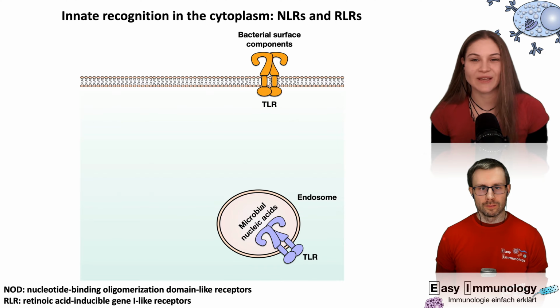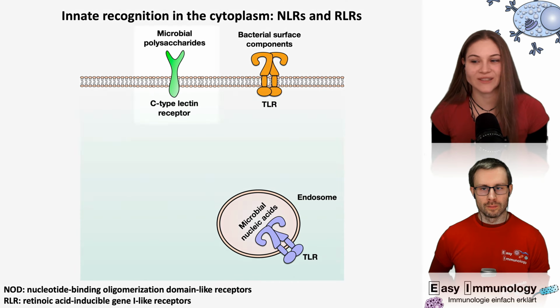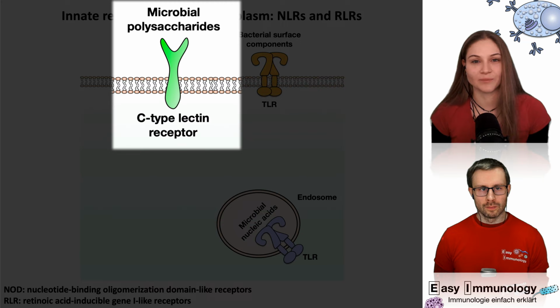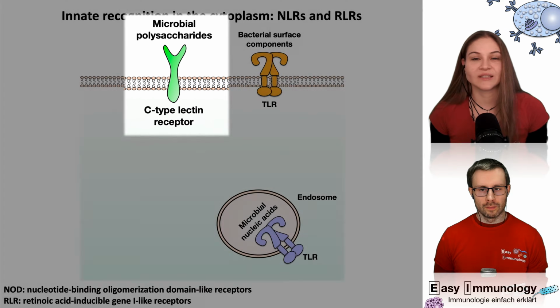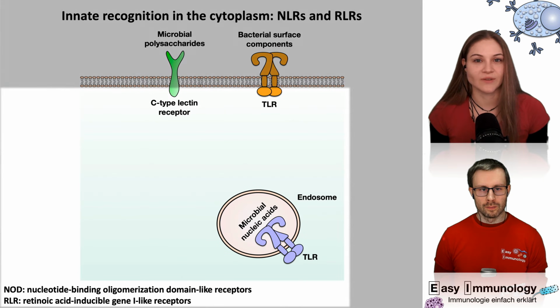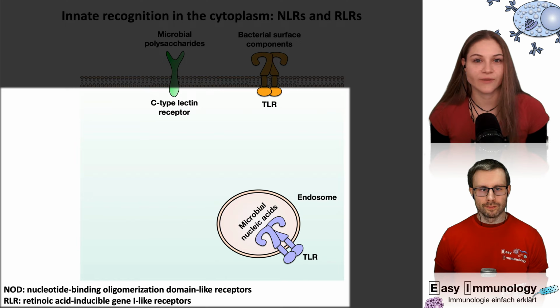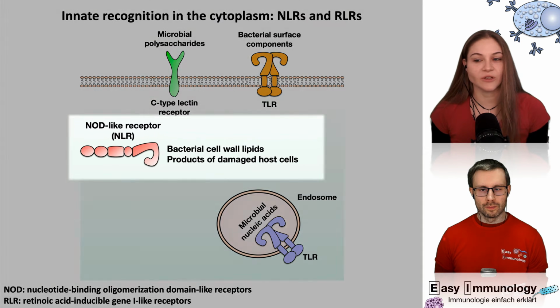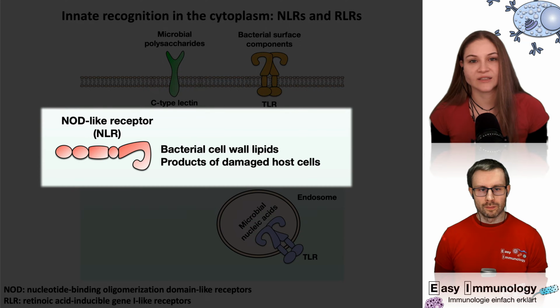Next to the Toll-like receptors, we have also some other receptors on the surface of the cell. For example, the C-type lectin receptors. They are recognizing, for example, fungi and other microbial polysaccharides. But there are also receptors in the cytosol. When you imagine a cell, it's filled with liquid, and this liquid is called cytosol, and inside there is a lot of stuff. And for example, also the NOD-like receptors, which can detect bacterial cell wall lipids and form a so-called inflammasome, which